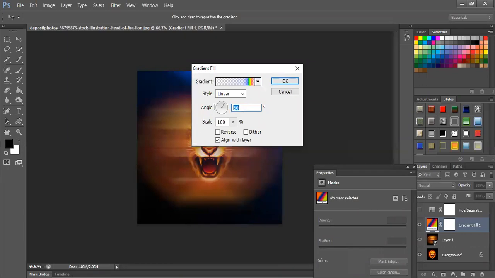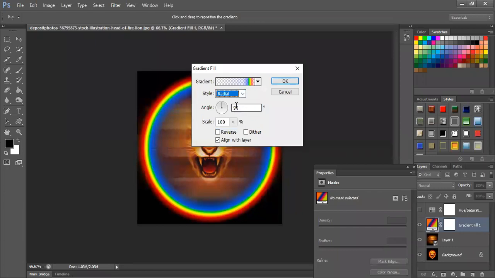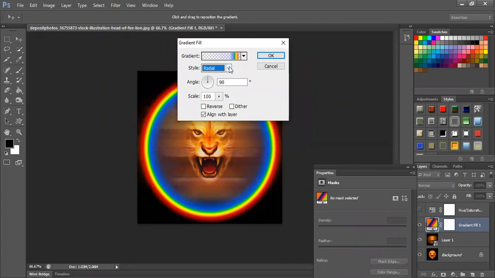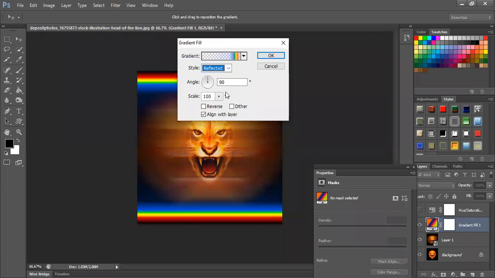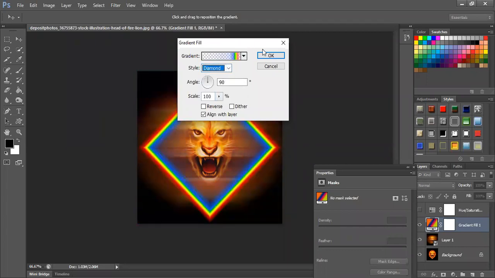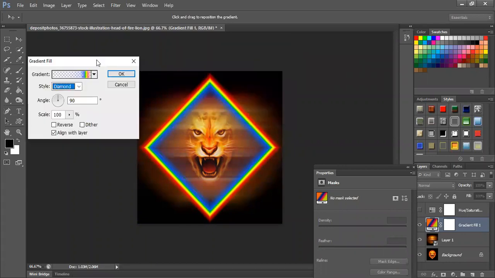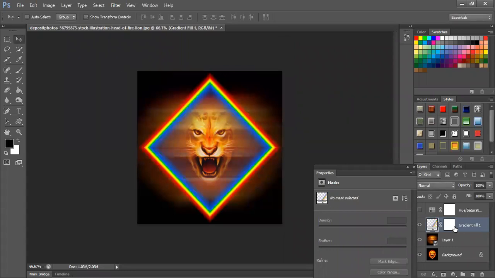Then there is an angle of change, so you can make it whichever angle you like, or wherever you like the gradient to be. You can also make it a radial gradient for a circle, if you want a perfect circle, or else a little bit at an angle, or reflected. You choose how you want it to be, and you can actually play around with the gradient. Correct? Okay, so yes, this is what I can do.